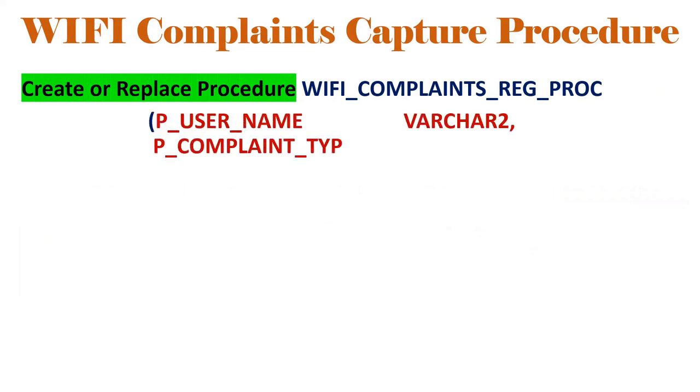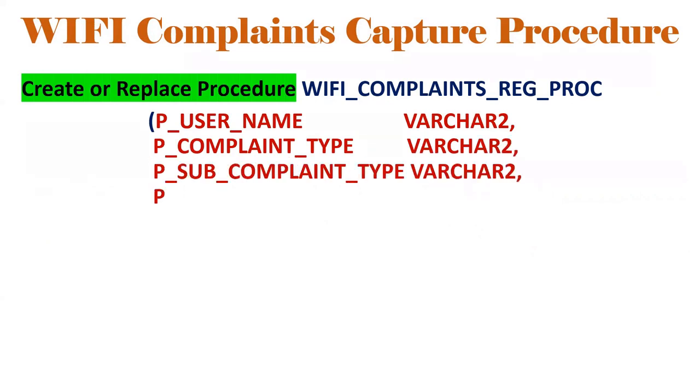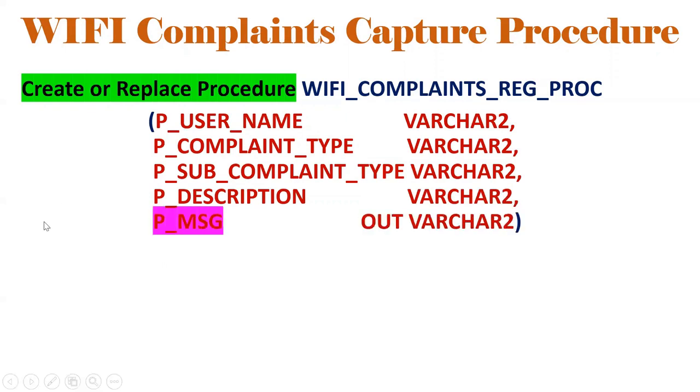So username, complaint type, sub complaint type, description, where. So 4 input parameters. These are entered by the user. Okay, input parameters: username, complaint type, sub complaint type, description. Okay, so what is the issue? Who raised the issue, what is the issue, and what is the description? So these are user entered values. As begin. Okay, so these are the input parameters from the user, and we need to give an out parameter